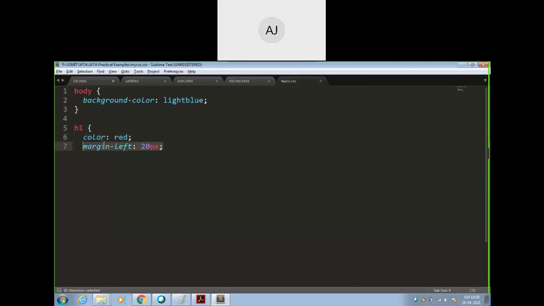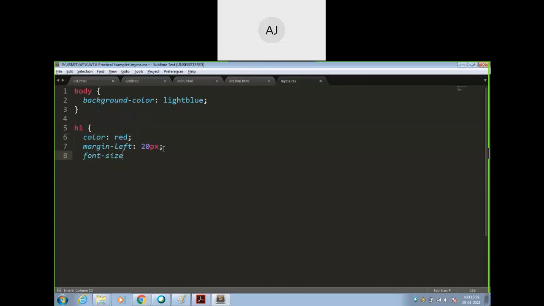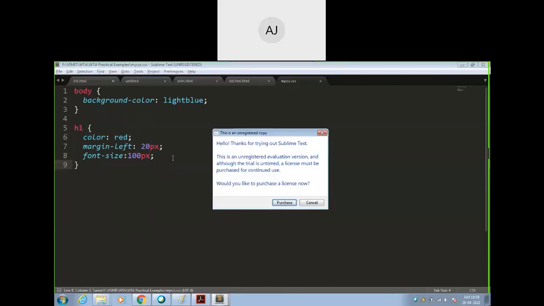All will be replaced with these particular settings. It is just like you are rewriting the default settings. Is it okay? What are the default settings for H1? Your color is black, text size is 36 points. Okay, and I can give here font size, say this time 100 points is enough. Or we can give px, pixels. Okay, so this is done and this is the end of this H1. Okay, so I need to save this.